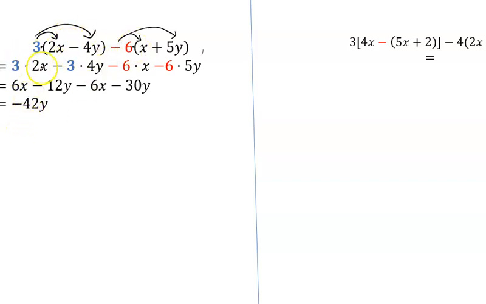So 3 is outside, 2x is inside. Between them, it's times. 3 is outside, 4y is inside, times between them. Negative 6 is outside, x is inside, times between them. Negative 6 is outside the box, and 5y is inside the box, so between them it's times. But